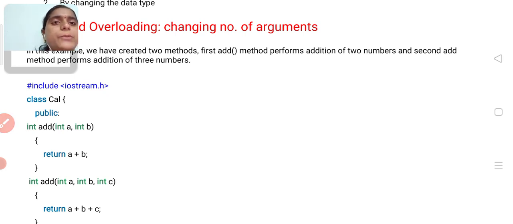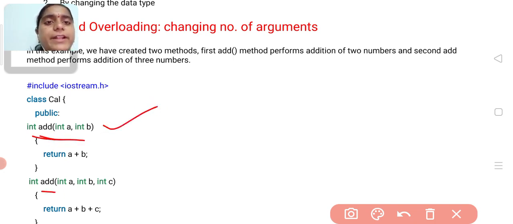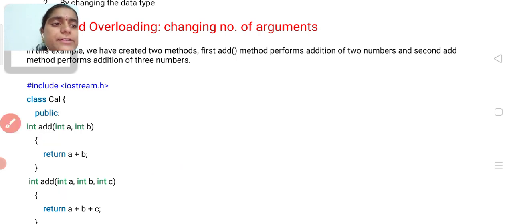See this example. In this we have created two methods. In this program I have taken two methods, add one and another add method. The first method adds two integer values, and the second method adds three integer values.